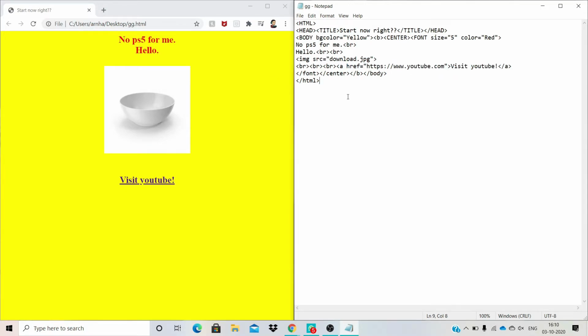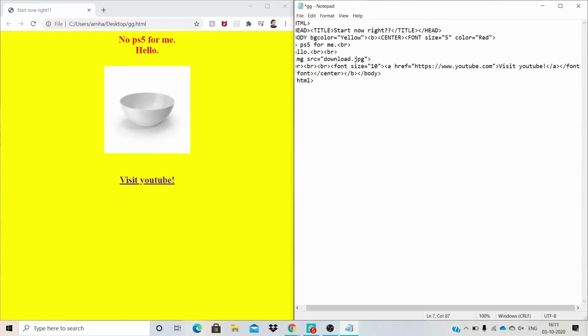Then we can format these texts however you like. I'll add font size 10, and then we will close this also, slash font.